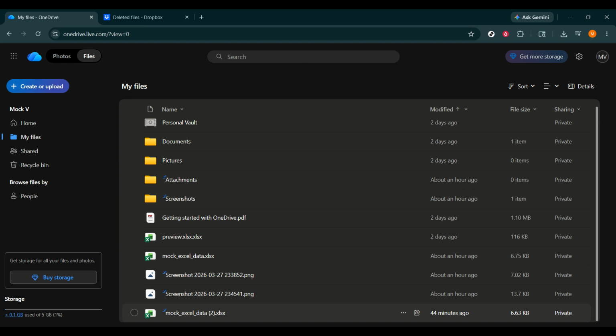Now here's the important part you really need to know. If your deleted photos are no longer in the recycle bin, then they may not be recoverable through OneDrive anymore. In other words, once files have been deleted from the recycle bin and permanently removed, they can no longer be restored through this method. That's why it's a good idea to check your recycle bin as soon as possible after